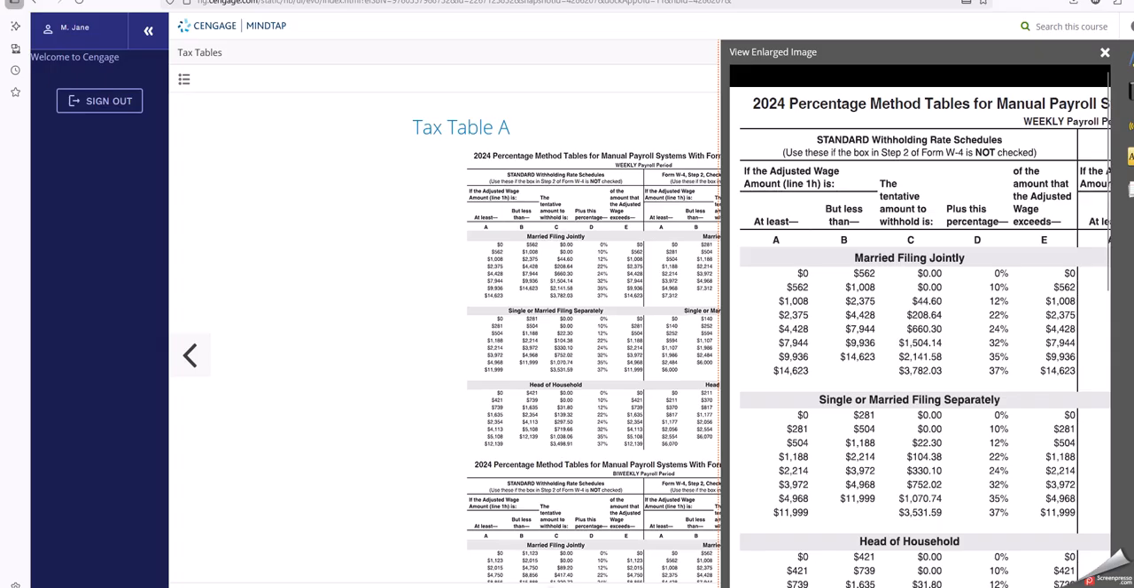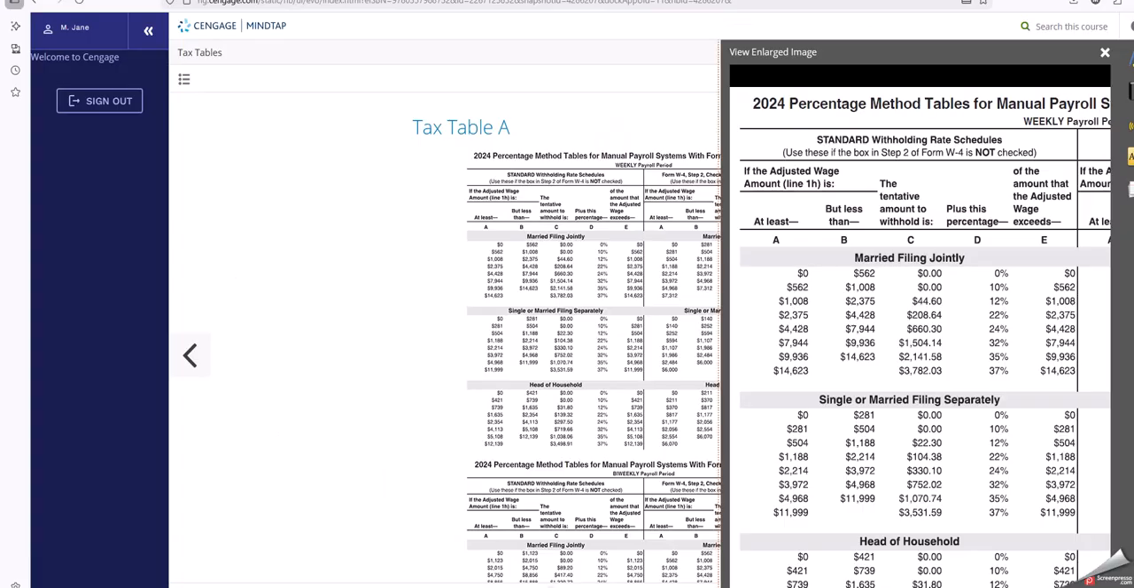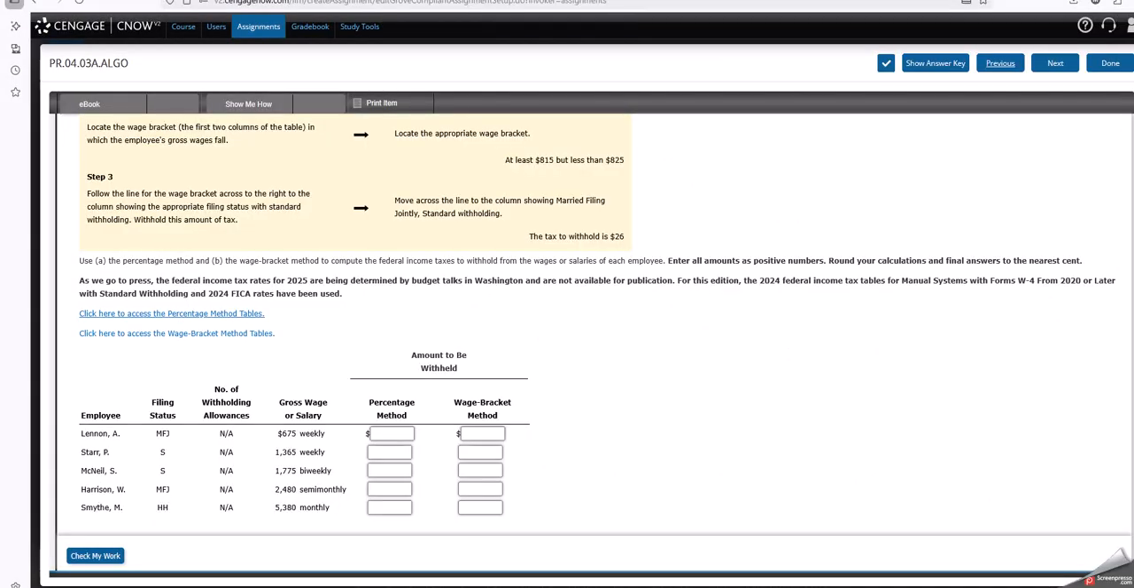Of the amount that the adjusted wages exceeds the 562. Okay, so it's $0 except for the amount by which it exceeds the 562, which is going to be at 10%. So then flip back here. It's 675. The amount by which it exceeds the 562 is going to be $113. So $113 times that 10%, the federal income tax is going to be $11.30